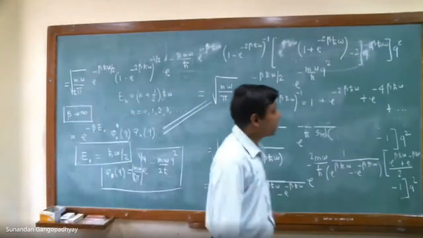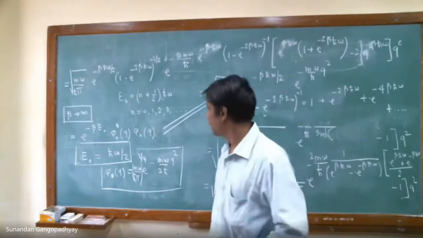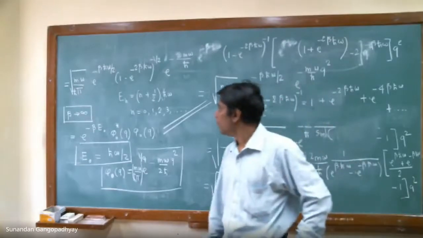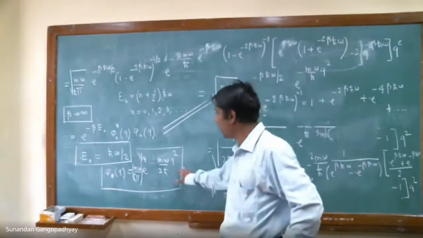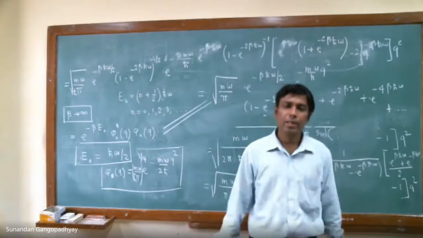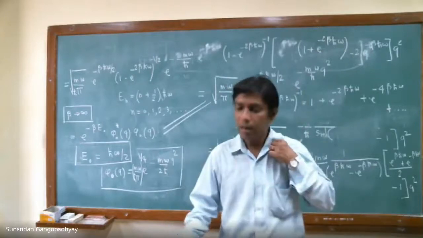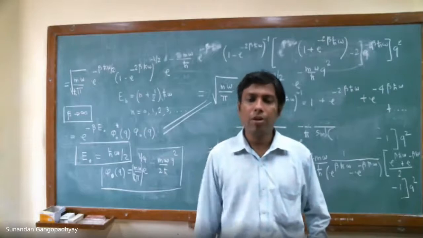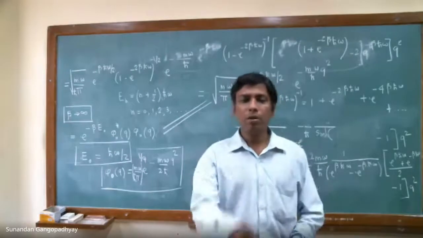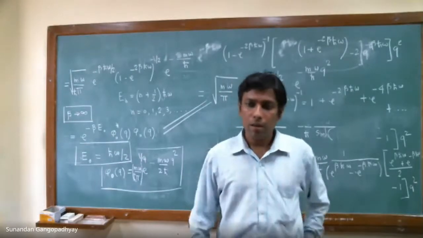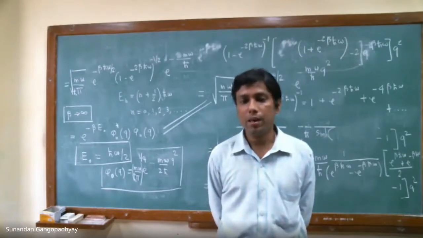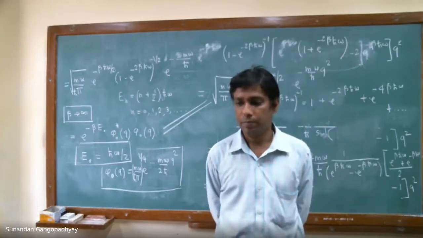If you have any questions at this point, you can ask me now. So we have completed the calculation of the propagator for the harmonic oscillator, and we have seen how to get the energy eigenvalues, at least the ground state energy and the ground state wave function, for the harmonic oscillator from the propagator. I shall take one more lecture on path integral after the Puja holidays, and then I shall move to identical particles. I shall start doing identical particles.